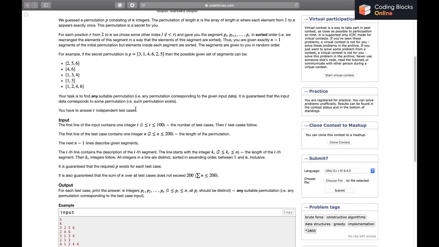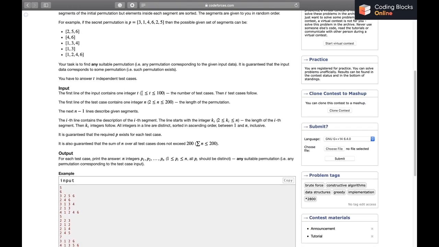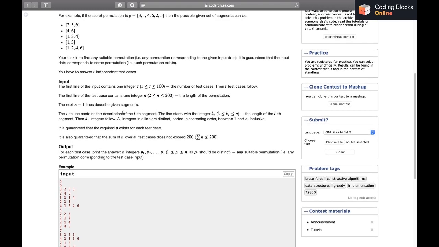We have to answer t independent test cases, where t can be from 1 to 100, and in each test case the value of n, which is the number of integers in the permutation, can be up to 200. The next n minus 1 lines will contain the segments. In the ith line, the first integer will be k_i, the number of elements in the ith segment, and then there will be k_i integers in the segment.